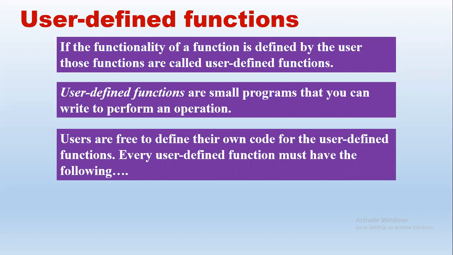But there are three main things we should consider. We should have these three taken care of for any user defined function. That is the function declaration. Function declaration is also called function prototype. This line gives us a lot of information. We have seen the syntax as well: return type, function name, and parameters, so the data type of the parameters also. A lot of information is given about the function in the function declaration statement.